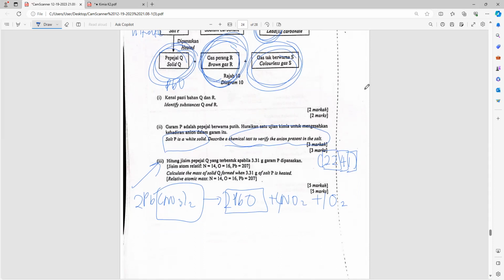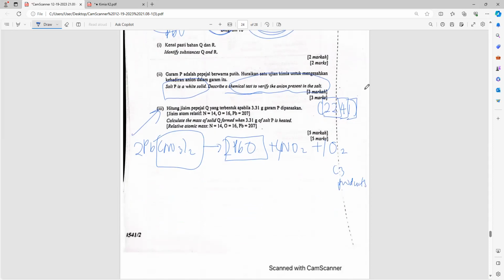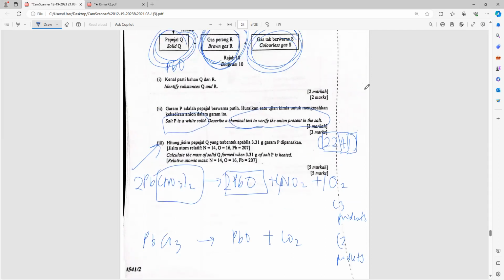Okay? And if I heat up a nitrate salt, teacher will get 3 products. If I heat up a salt and I get 2 products, it is a carbonate. For example, lead carbonate. Teacher will get PbO and CO2. Now, all those of you who put 2, 2, 2, 2 just now, do you understand now why it is a nitrate salt? If you do understand now,